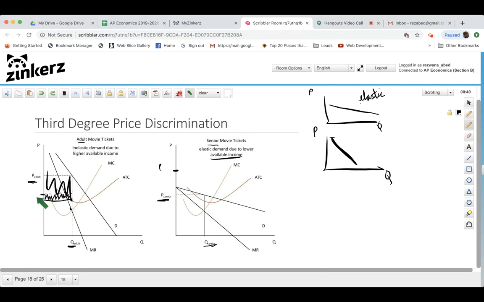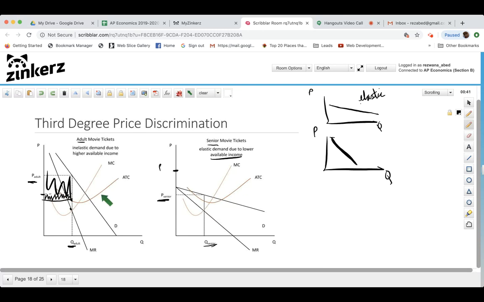So it doesn't make sense for you to charge the senior movie ticket price to adults, because you're essentially doing yourself a disservice, because adults have higher willingness to pay for movie tickets. They have inelastic demand. So by segmenting these two markets,